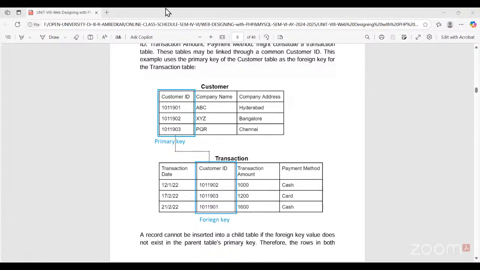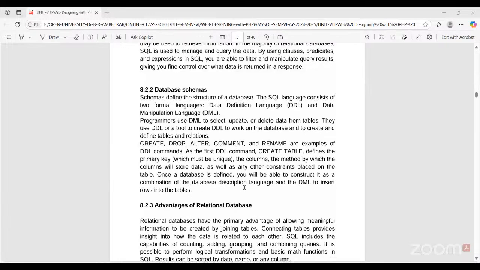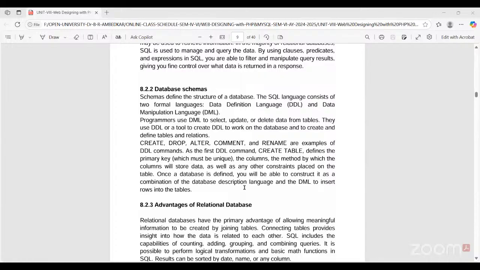Just note it down, the table. The next one is database schemas. The schema here means design. Schema means what here? Okay. Now the design can be